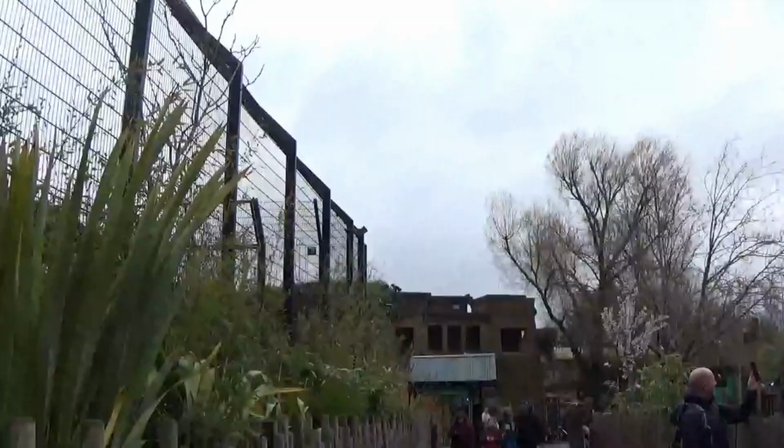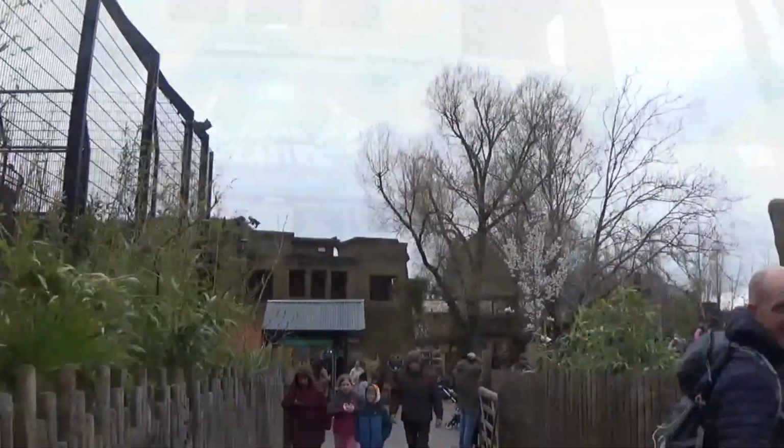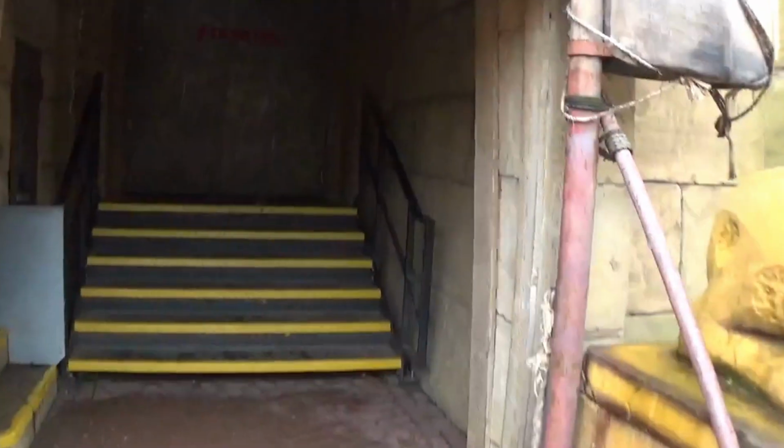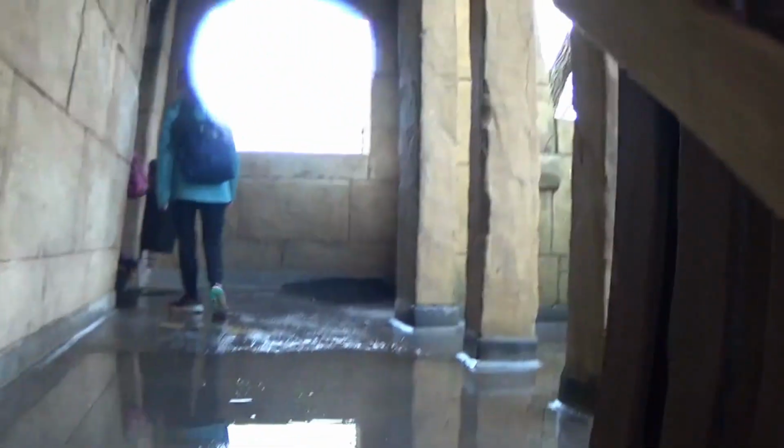Anyway, making my way down to Tomb Blaster. It's on a 5-minute wait, so why not go and get on to Tomb Blaster, defeat the curse. It should be mentioned that it's now one of the only remaining interactive dark rides now, since Jewel has now been rethemed to Curse at Alton Manor. If you saw that vlog, then yeah, this is the last one. I'm curious if they'll change it back to a normal dark ride, because it was before as Terror 2. But yeah, be interesting to see the future of this, or whether or not they put their magic in the same way they did for